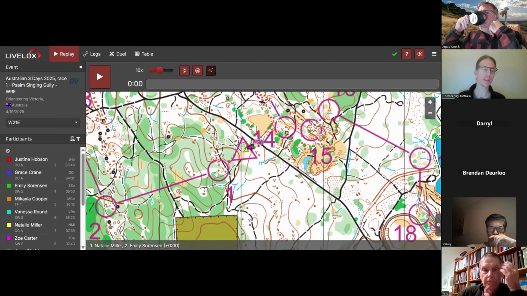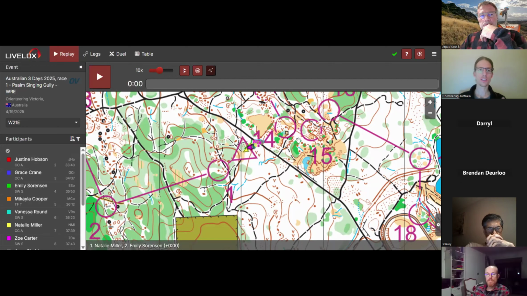Sorry. We're looking at day 1, and we're going to be looking at Women's 21E for a start. This is a bit of a taste of what Livelox would look like, and I've entered straight into this course.